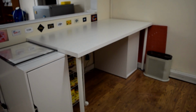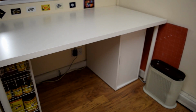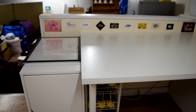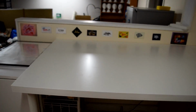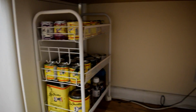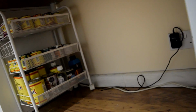And the other desk, which will be my painting desk, but I've actually had on location work so far since the week I've had the studio, but that will not be white for very long. And I've just got some business cards from people that inspire me, a light box which is very, very useful already, and all of my paints, and a dehumidifier which is essential, some cutting mats, and let me just